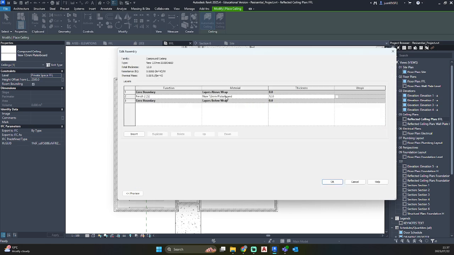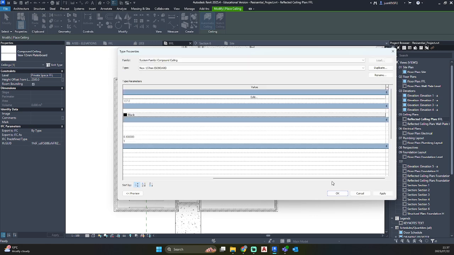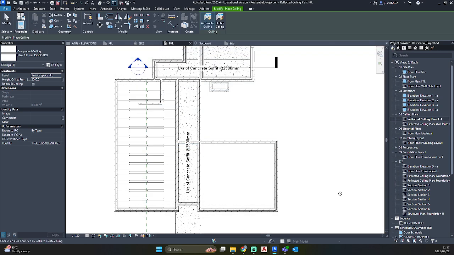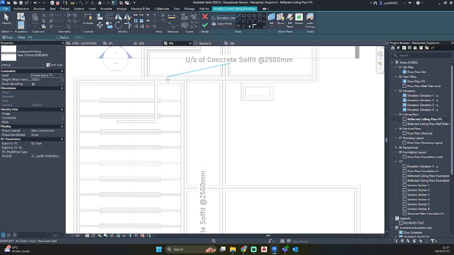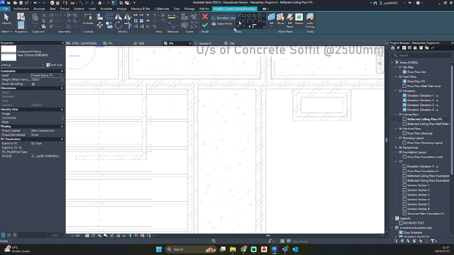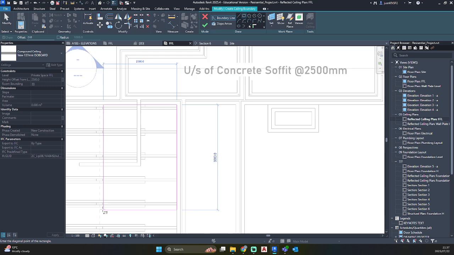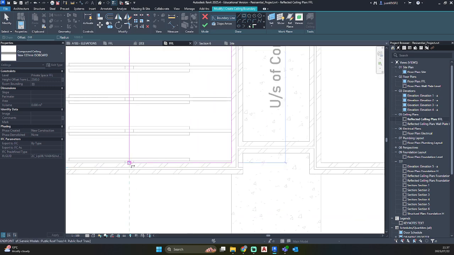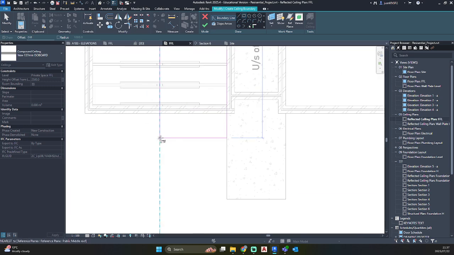We're going to keep the material the same as we did it to indicate a ceiling. So now thickness, we just change that to 137 and hit OK, apply and OK. Let's go ahead and sketch our ceiling. So I'm just going to use a big rectangle tool at this moment and draw it to our reference point.